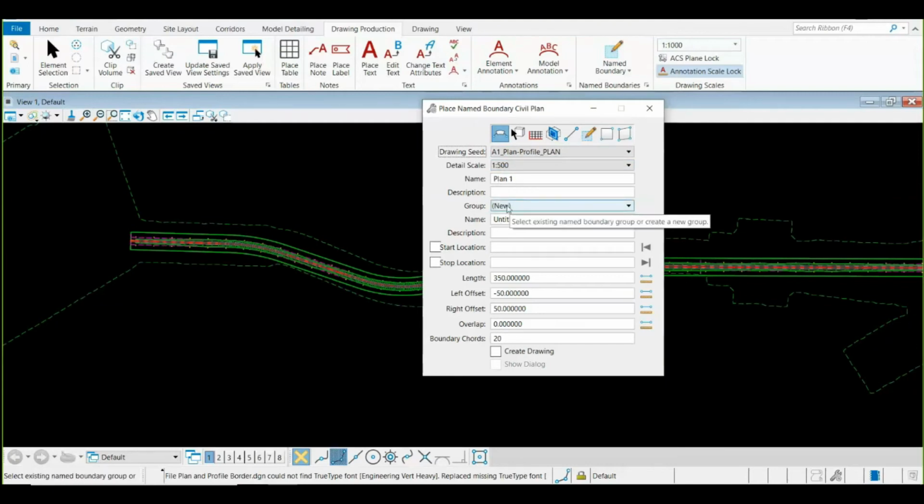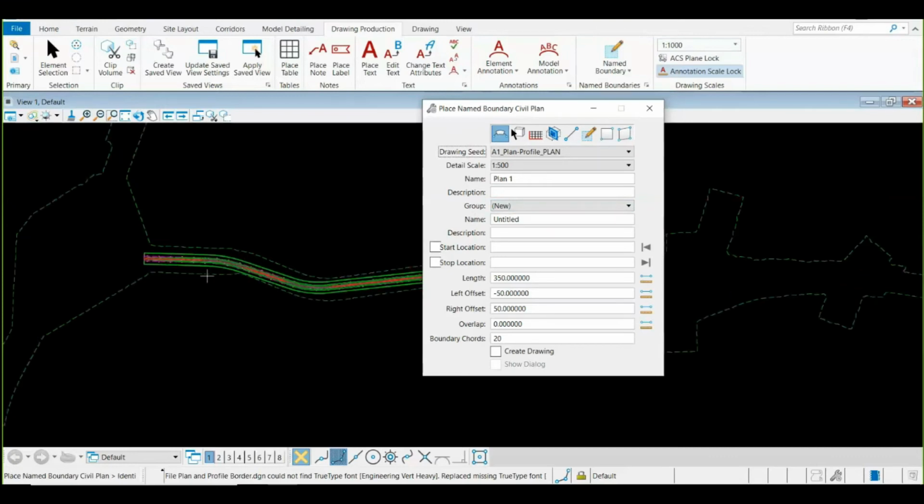Plan group is basically the group which you are going to create with different plan sections. Suppose it's your 10 kilometer of highway length, and you are cutting your sections on each 1 kilometer. So there will be 10 sheets, and then these 10 sheets will be in a single plan group, which will be having a certain name. So you can place that name right over here, and then you can simply copy into description as well. It's the best practice to fill each and every field.